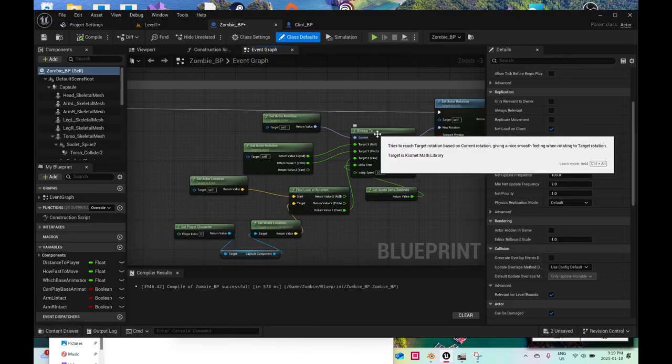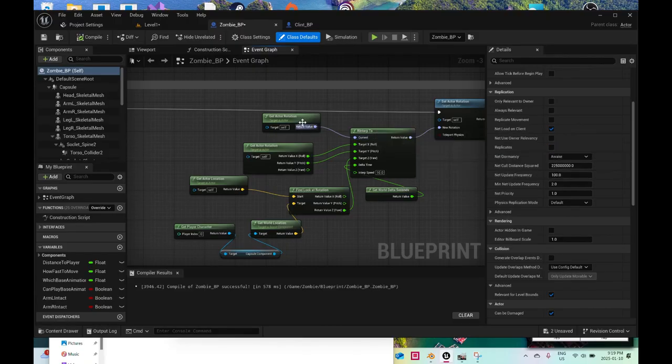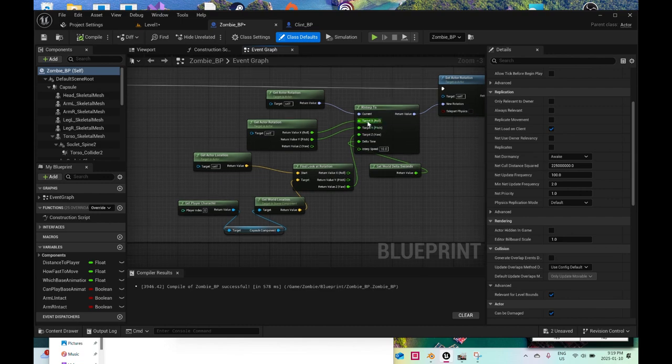So using a rotation interpolator to interpolate, to get actor rotation is the current, whatever the rotation is at any moment. And then the target is get actor rotation, same as this one, except I'm only changing the Z, so I'm keeping X and Y to whatever the actor rotation is of the zombie,